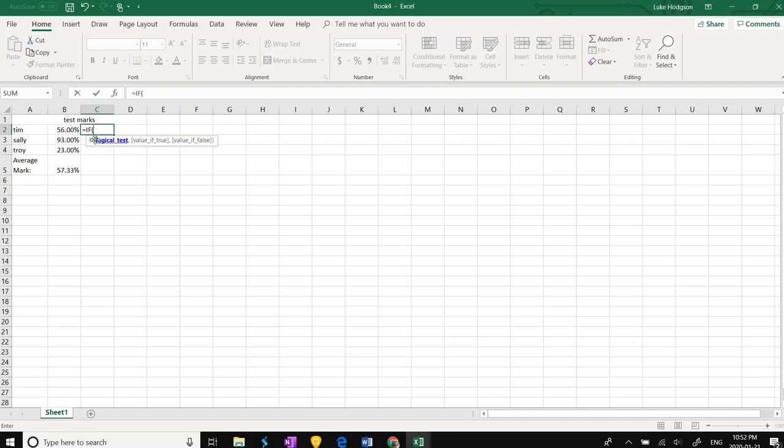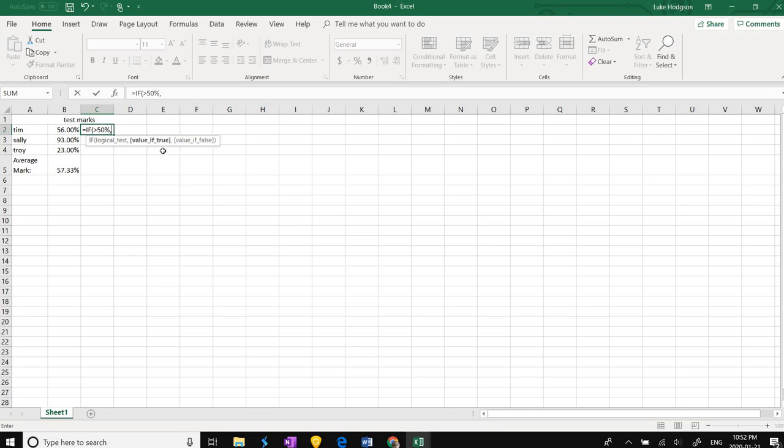So it says here, every time we put a comma, it will go to the next part of the formula. So our logical test is over 50%. So you go the over symbol, 50%,